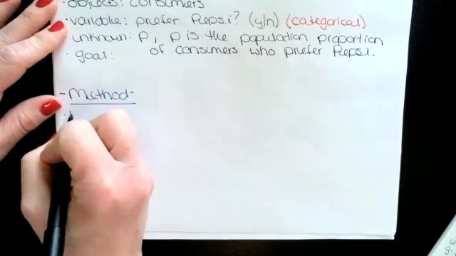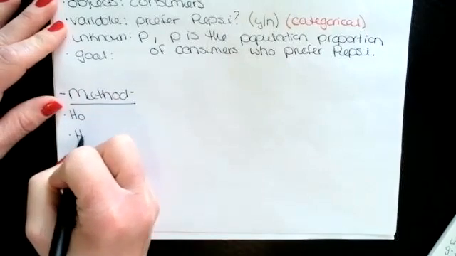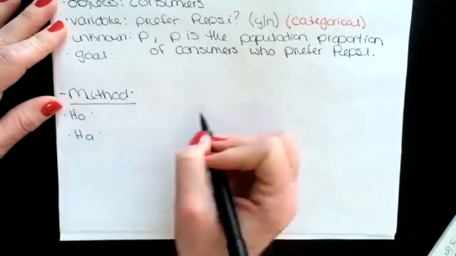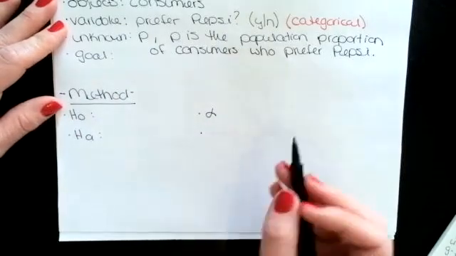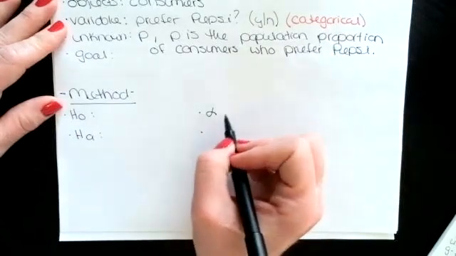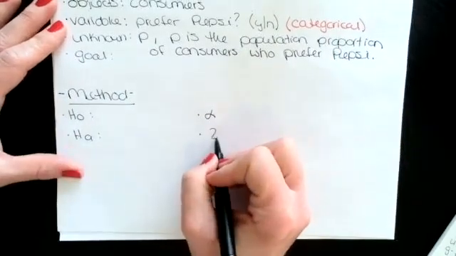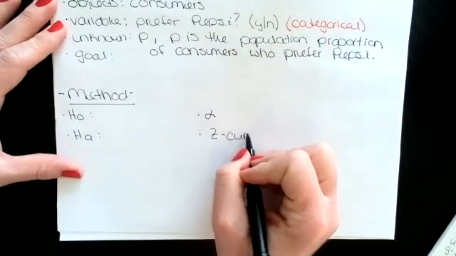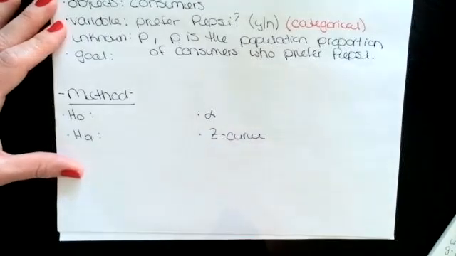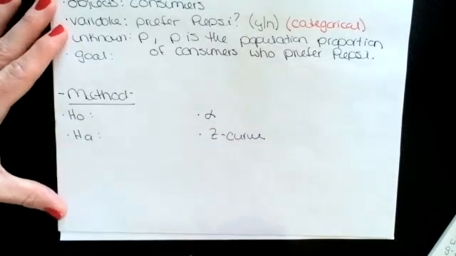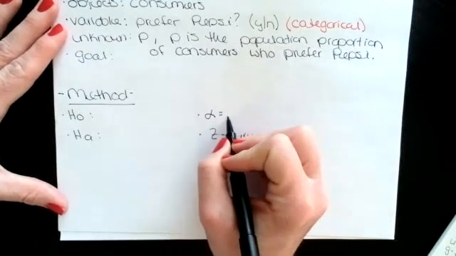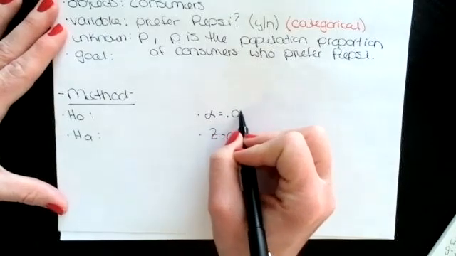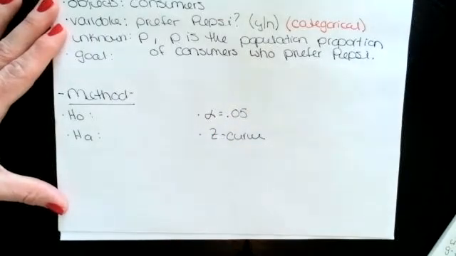So in my method, I want my null, my alternative. I'm going to identify alpha and what curve I'm on. So I'll start with the curve. It's a categorical problem, so the curve that I'm studying is the Z curve. So this tells me what curve I'm using in my calculations down in my results step. Alpha was given to me. It's my level of significance. It's 5%, but I'm going to write it as a decimal because we use it in decimal form later on